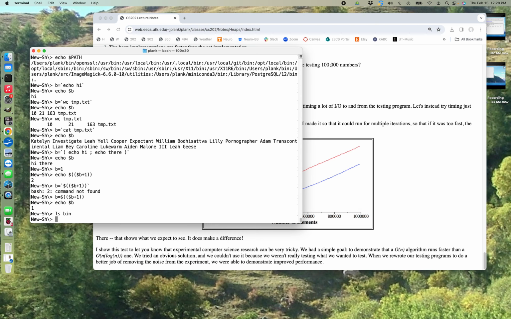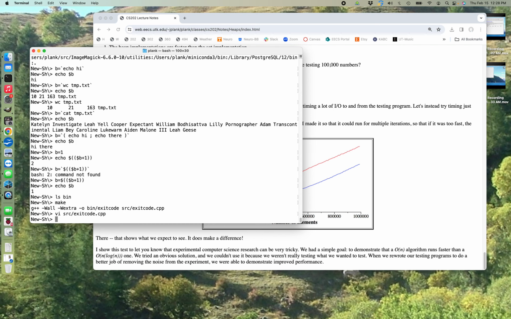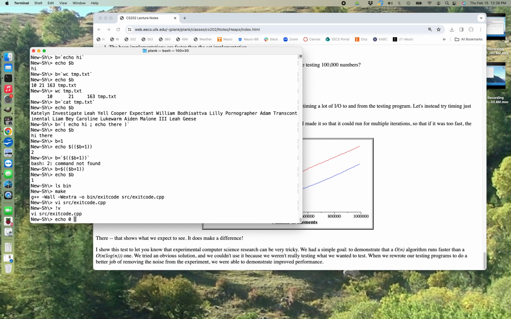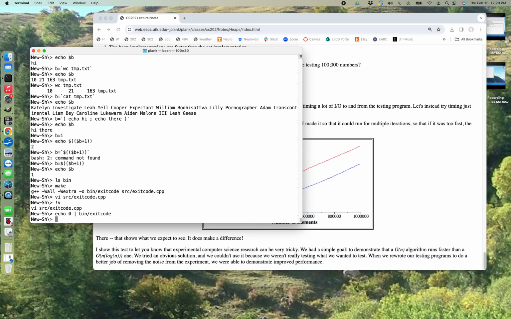There we go. I got a program called exit code, which all it does is it reads a value and then it returns it from the program. Okay? So if I say echo 0 into bin exit code, it's coming from standard in. It's not going to print anything, but it's going to return 0. Now if I put this in an if statement,